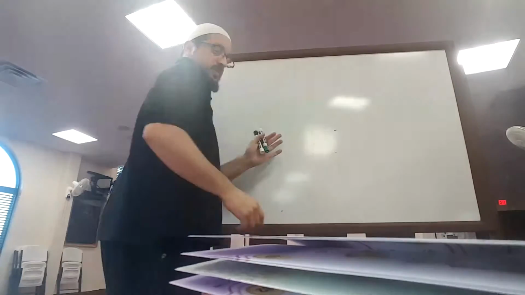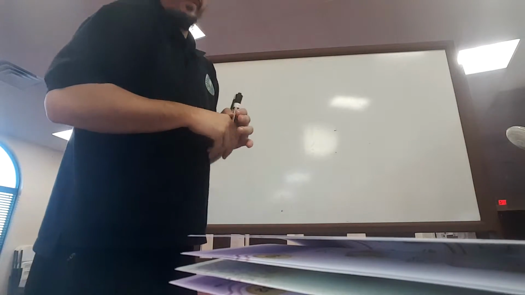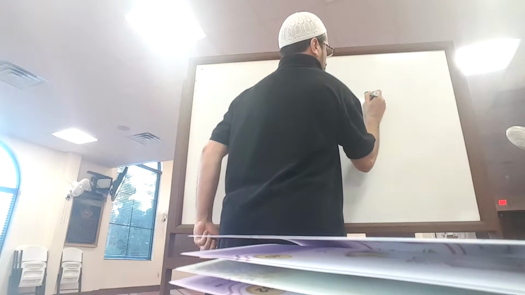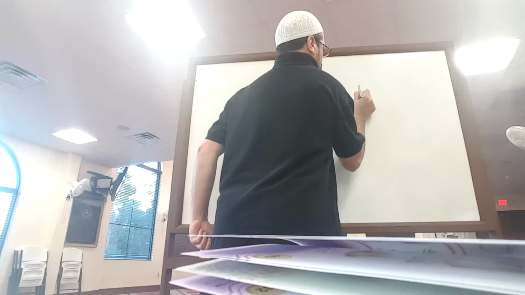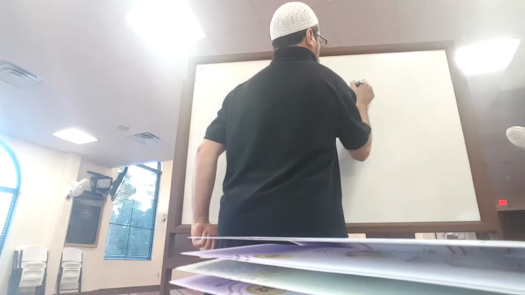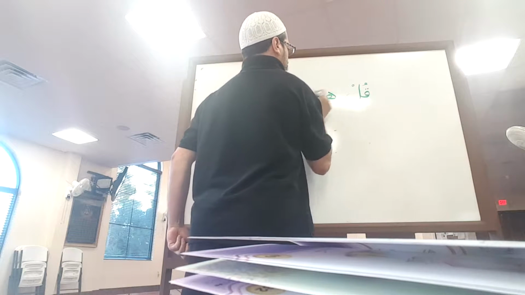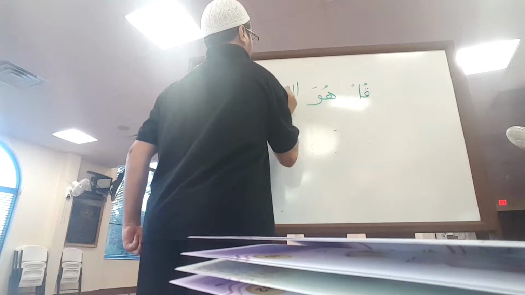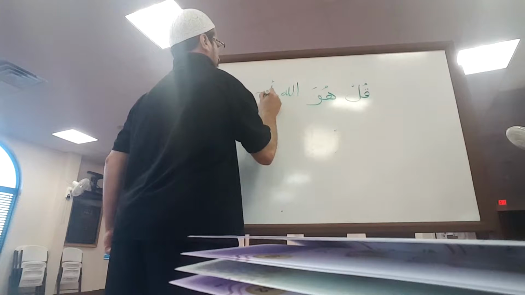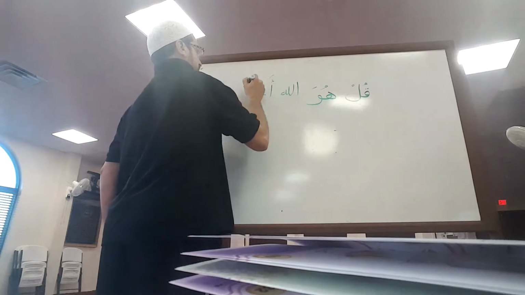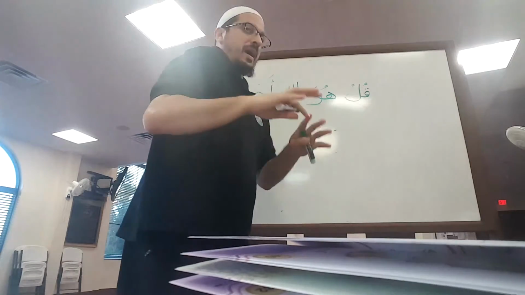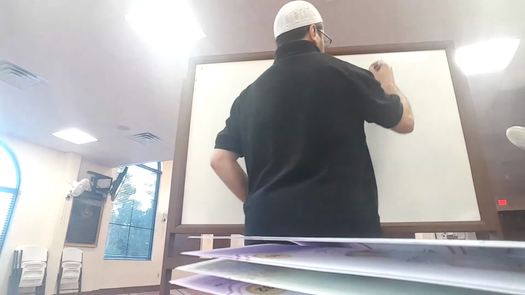So we did the verbs. We did the present tense verb. So for example, look at this. Qul, say. Huwa, he. Allahu ahad. Say, he, Allah is one. Okay, good. So now grammatically, this